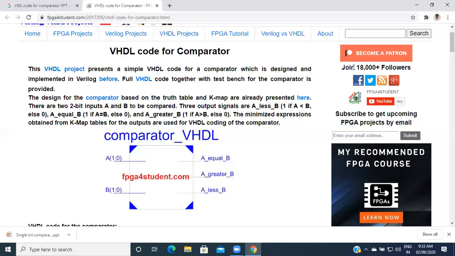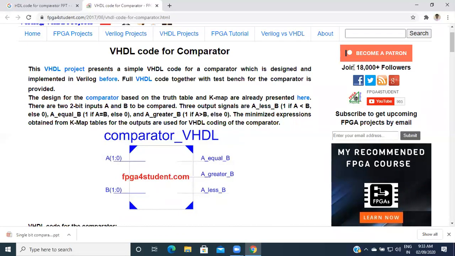In our block diagram, we are comparing A and B, which are the input signals, and the comparator has three outputs: the first output is A equal to B, the second output is A is greater than B, and the third output is A is less than B.